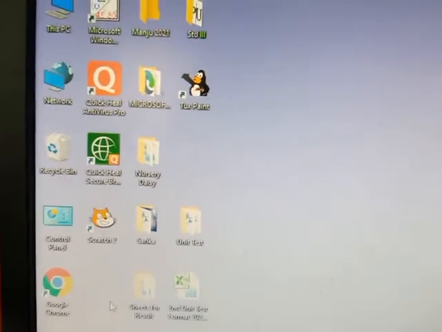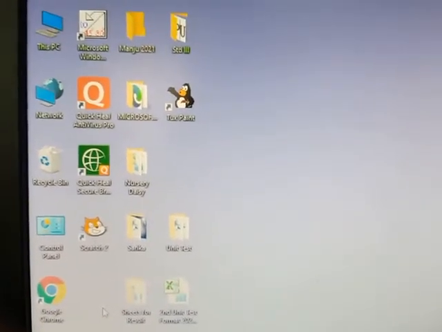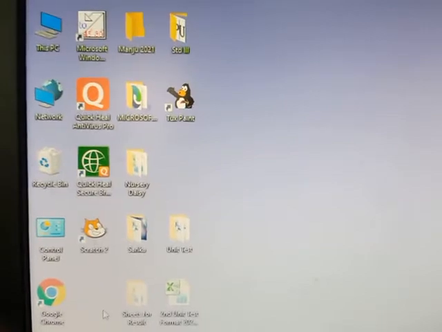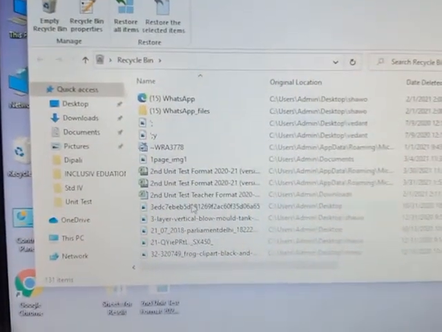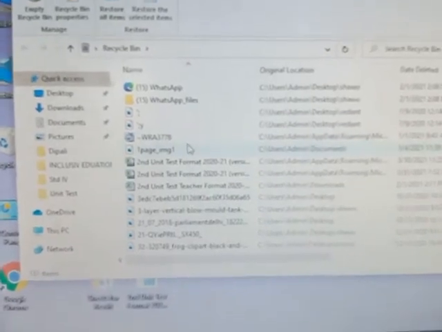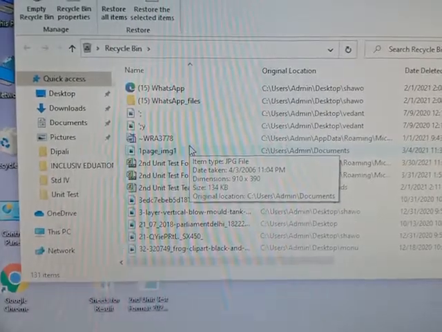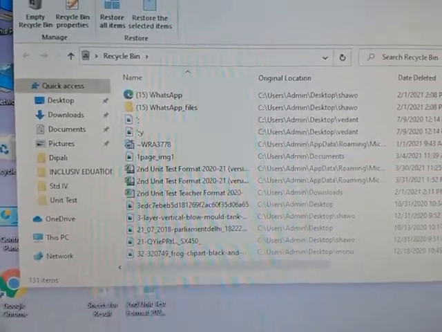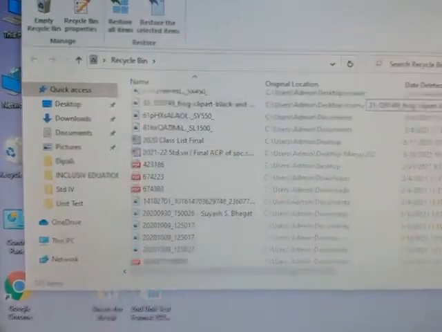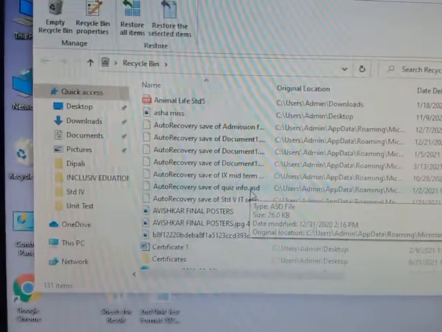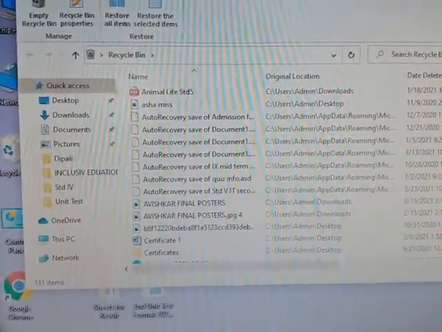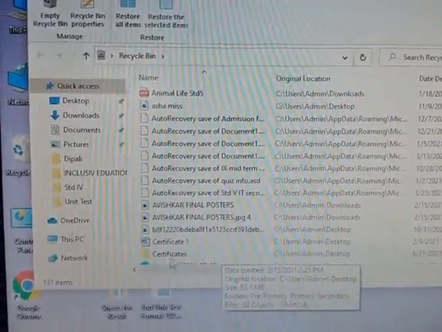After deleting, you thought that folder is very important, I want again. So what you have to do, you have to go to recycle bin and you have to search for that folder. These files and folders are arranged in alphabetical order. So our folder name is certificate, so it is C. So you have to search now A. After A you can see B and then you can see C. You can see here certificates folder.